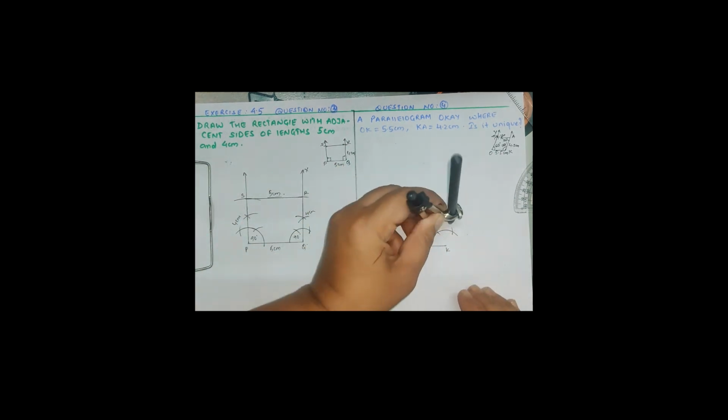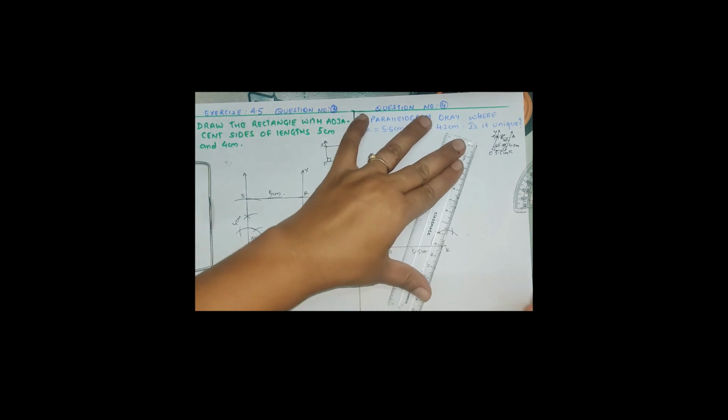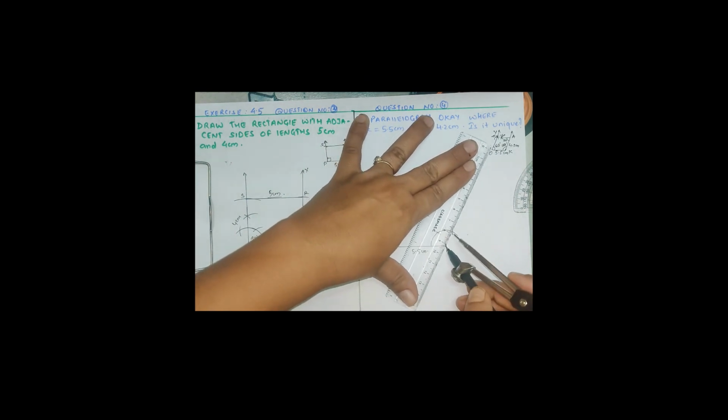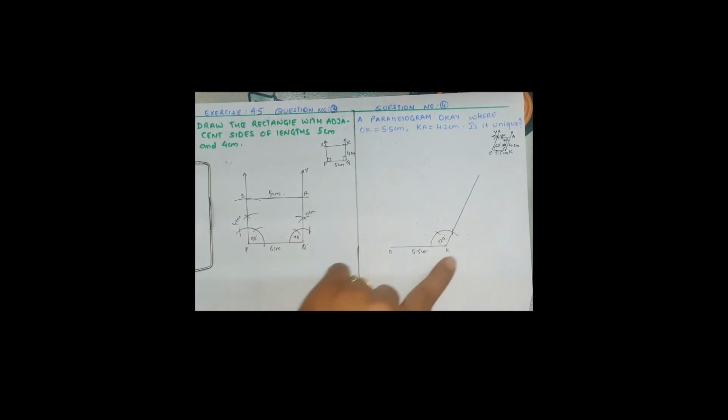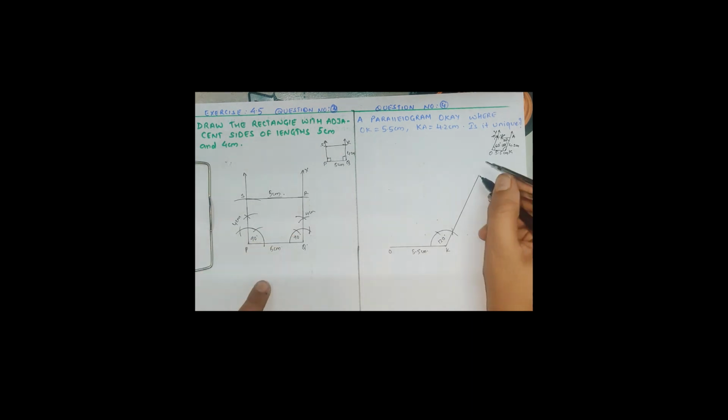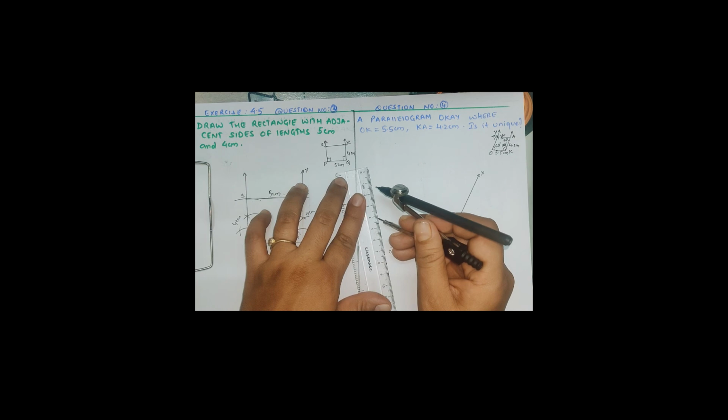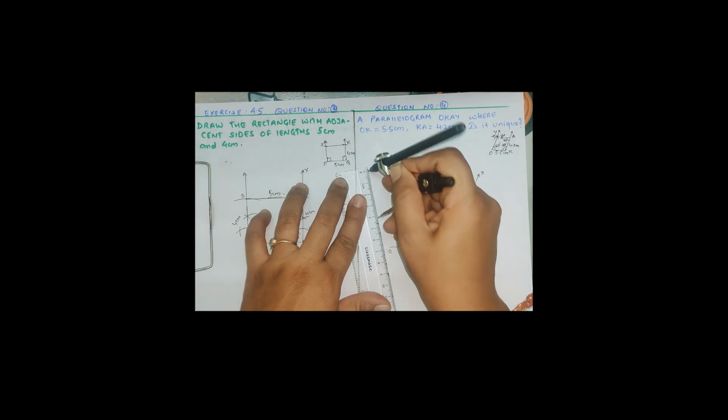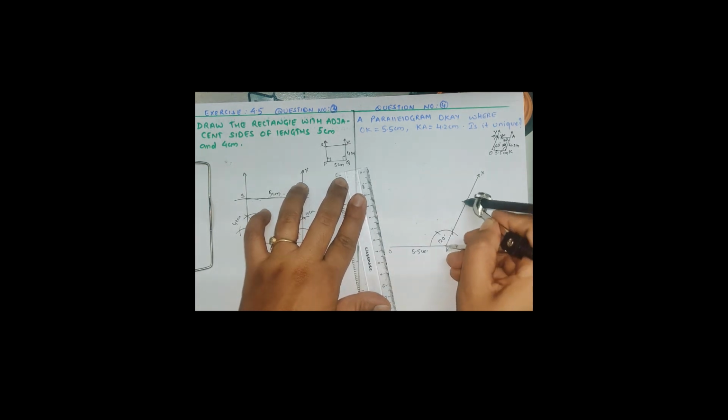First arc 60, the second arc 120. Very simple to draw 120 and 60. That is why I have taken the parallelogram like this. This is 120 degree. Now cut. This is KX. Cut 4.2 on a ray KX like this. This is OKAY, KA 4.2.